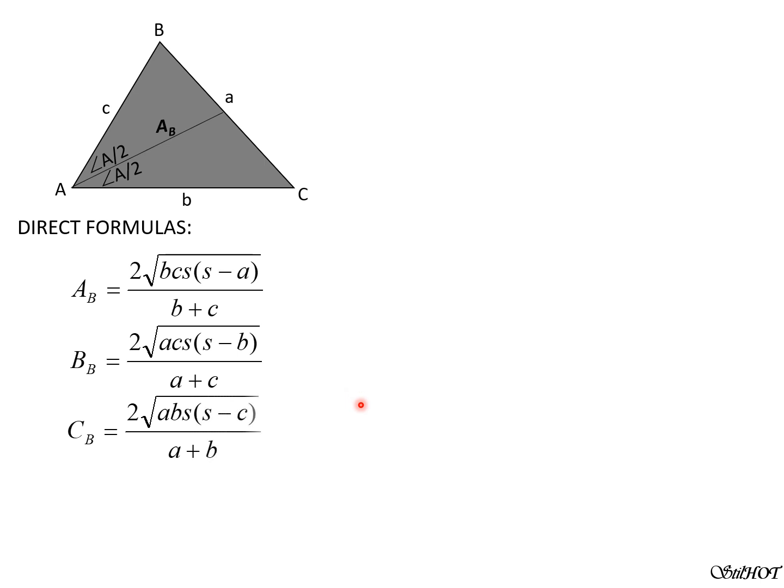It's just familiar one. And to memorize this formula, you have to draw this figure so that it is 2 times, do not forget, it is 2 times square root of BCS, then times quantity S minus A all over, whatever are the sides in the radical, B and C, bring them down, and you have to add B plus C. So that's my mnemonic aid. That's my way of memorizing that formula.